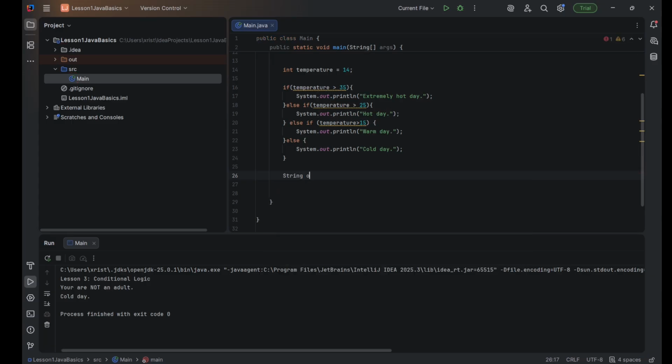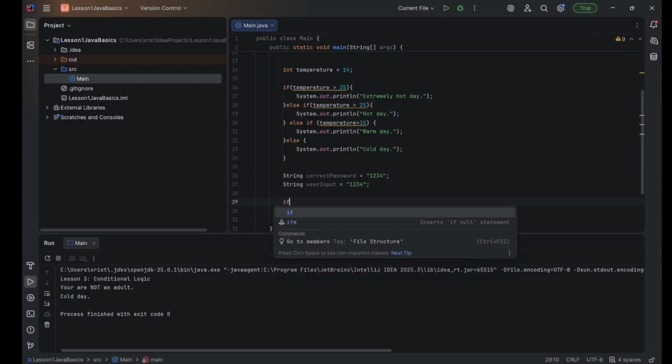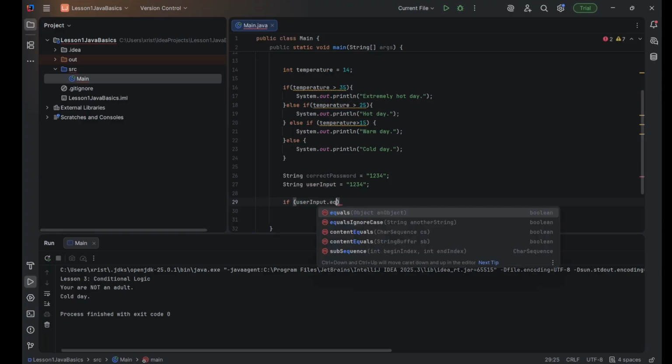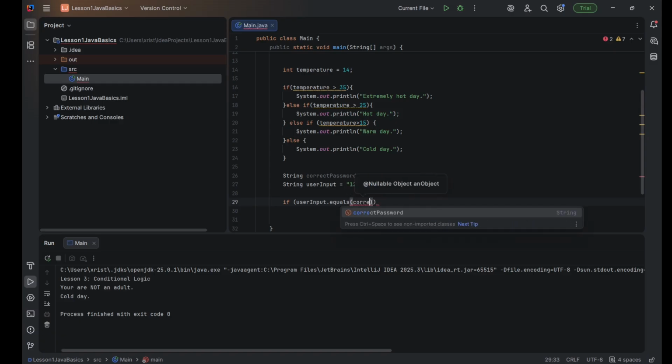So let's say we have a string named correctPassword, which equals 1, 2, 3, 4, and a string userInput, which is 1, 2, 3, 4. Now, if userInput equals correctPassword,